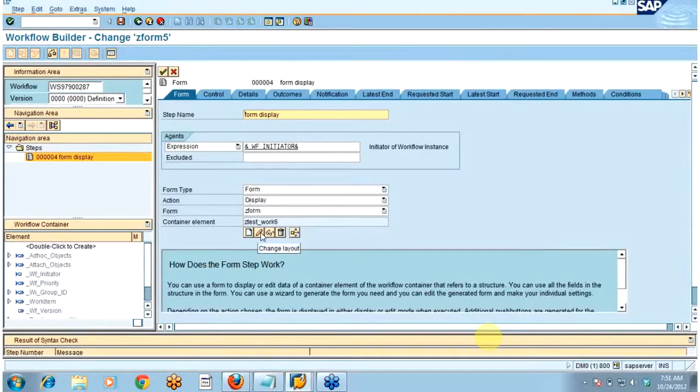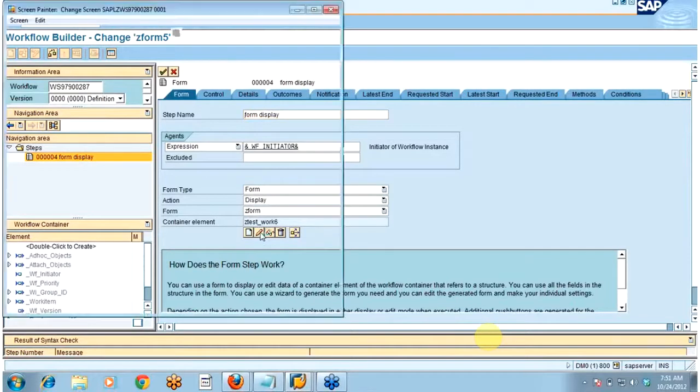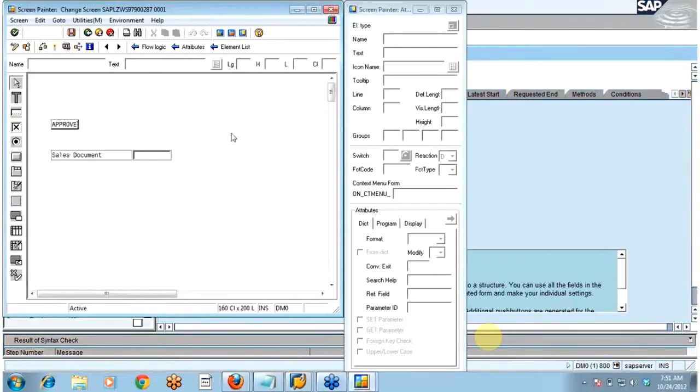We can write any logic. We can call a function module. We can call a business object method. We can call the transaction. So what will happen if you call the transaction? That particular transaction will get opened. Do you want me to show you? I can show you. Yeah, just call VA01 or VA03, or MM03. Okay, let me show you.